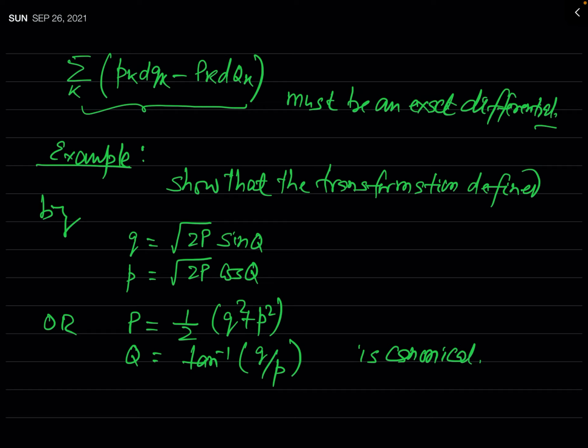You can see we are given here a set of transformation equations. This is one of the set and this is another set, but both are same. When you will simply square this small q and small p and add, then you will get actually the second set of transformation equation. In fact, in first set, the old coordinates small q small p have been expressed in terms of the new coordinates capital Q capital P, and in the second set actually the new coordinates capital P and capital Q have been expressed in terms of the old coordinates small q and small p.